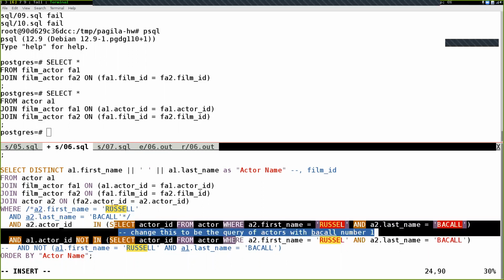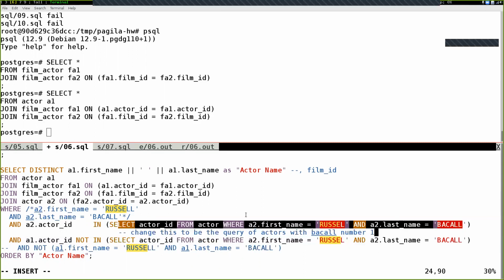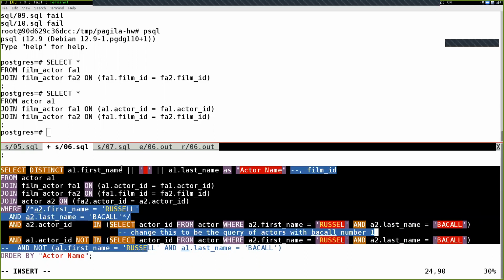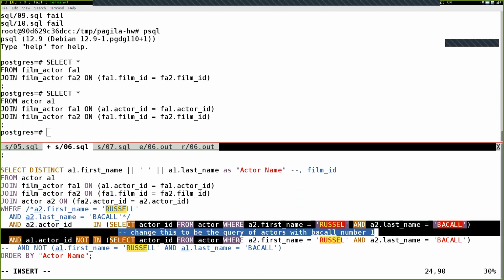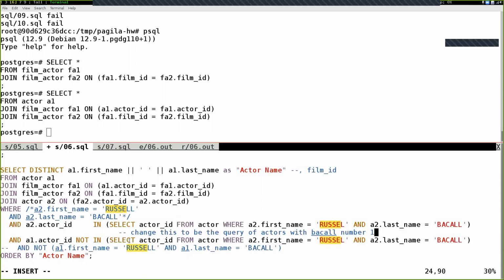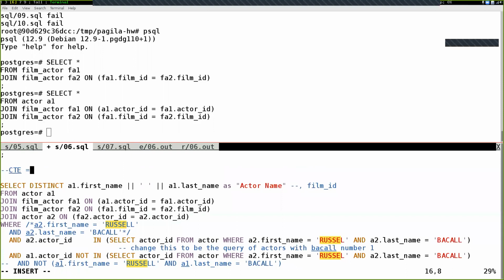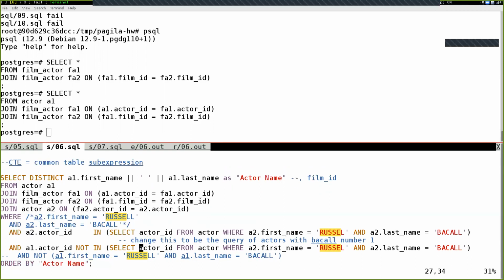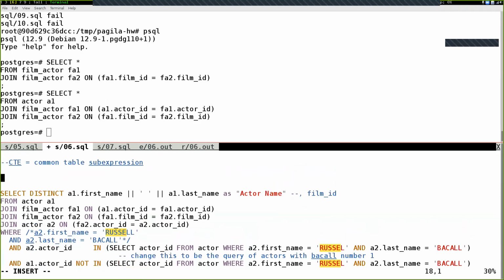It looks exactly like this, but these subqueries right here are, instead of this small subquery, this giant subquery right here. Because both of these two queries are exactly the same, it would be a huge pain in the butt to write them multiple times. And so SQL has something called a common table subexpression. It doesn't add any power to the SQL language. So CTE equals common table subexpression. But it's basically like a variable for a table, being able to assign a name and then use it in multiple locations. The idea is you say with,